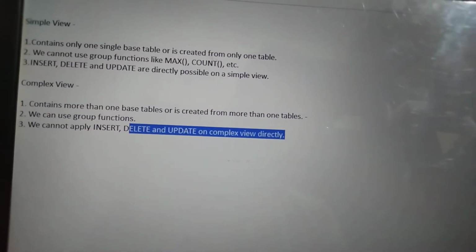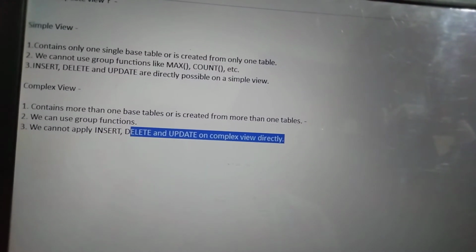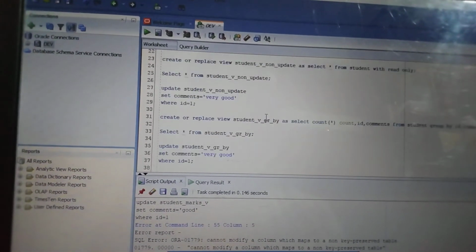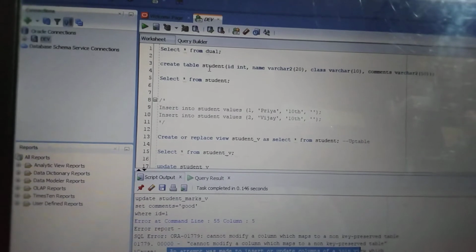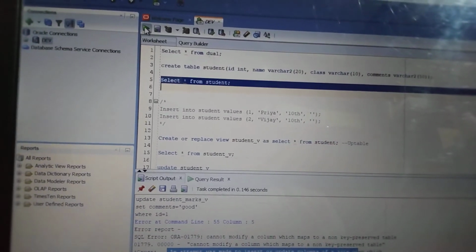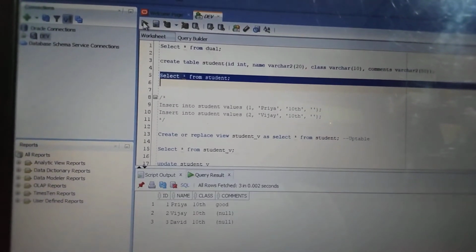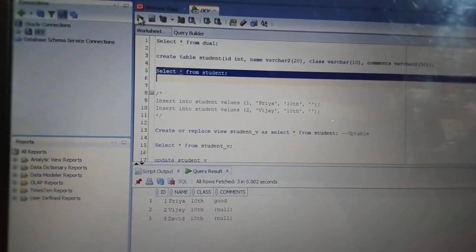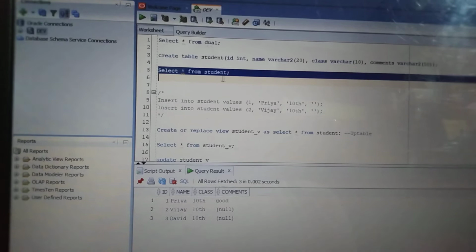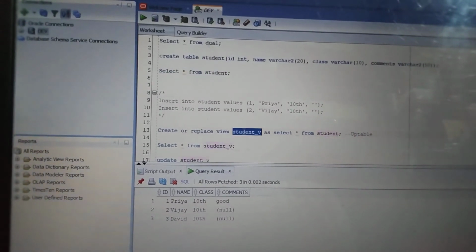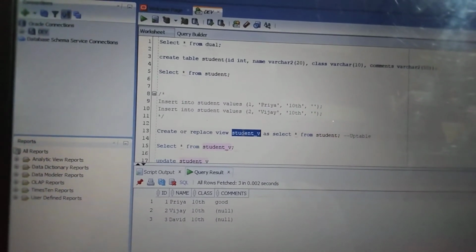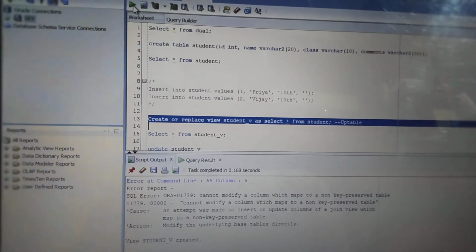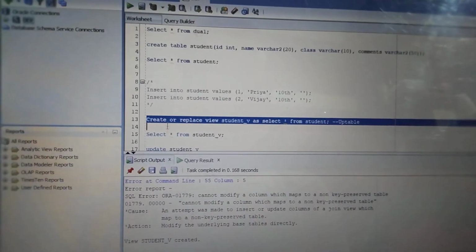Now let's see how it works practically. To demonstrate this, we have a table called student, which has ID, name, class and comments. We are creating a view for the student table with student_v as the view name. The view is created.